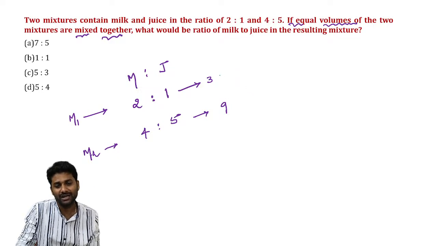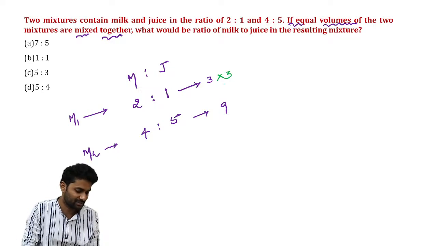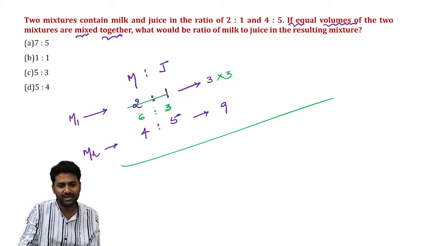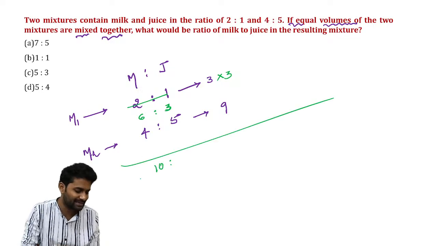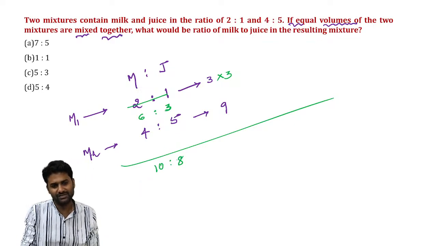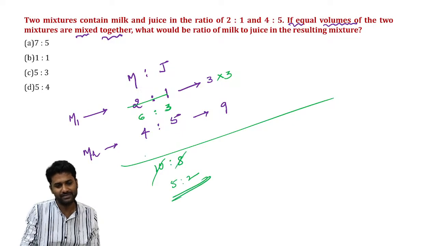According to the condition, the volume must be equal, which means you have to multiply by 3. If you multiply by 3, then the mixture 1 value becomes 6 is to 3. If you mix together, after mixing you will get milk as 10 units, 4 plus 6, and juice as 8 units, 3 plus 5. So if you cancel this ratio, then it becomes 5 is to